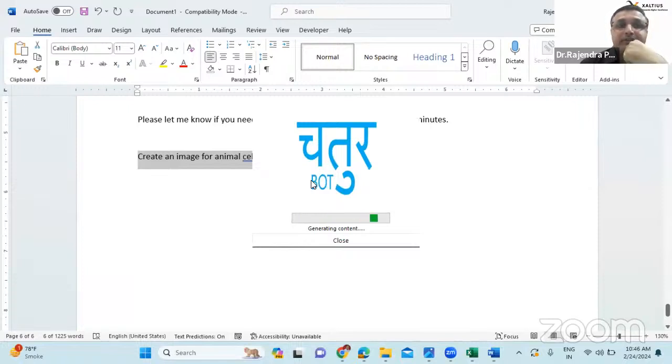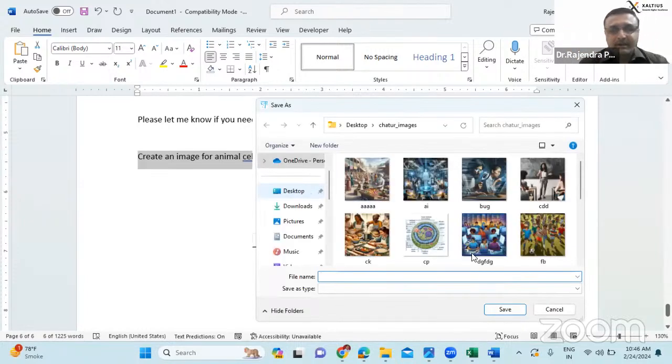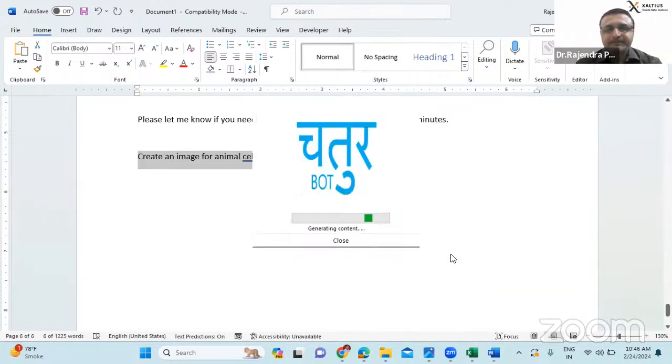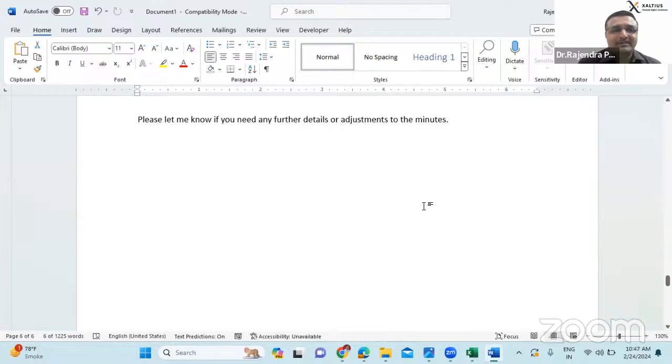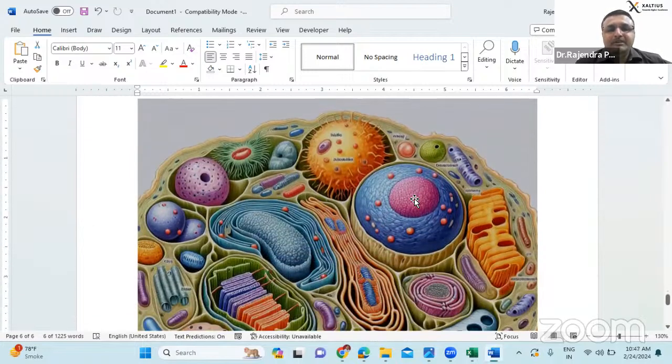So your diagrams can be generated. So while teaching, you don't need to spend a lot of time in drawing and all that. Okay. So simply you ask this tool and the diagrams with the labels will be created. Okay. And believe me, this image will not be available on internet. Nowhere you will get this image. So here is the image. Can you see?